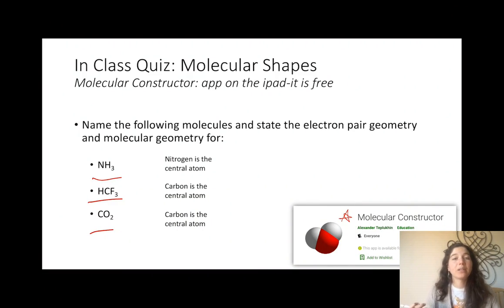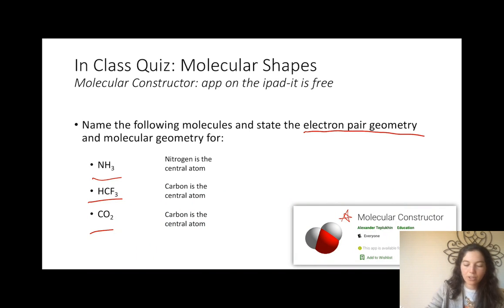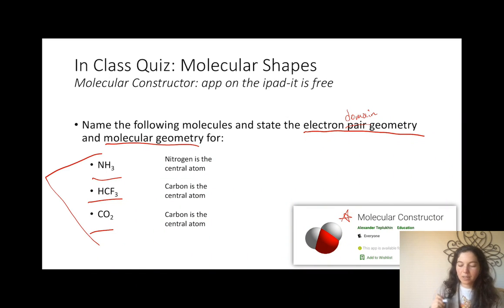Go ahead and download Molecular Constructor and see if you can find the electron pair geometry, or electron domain geometry, and the molecular geometry for each of these molecules here. So let's look at the answer to this problem. NH3 we actually did in the example problem. It is a